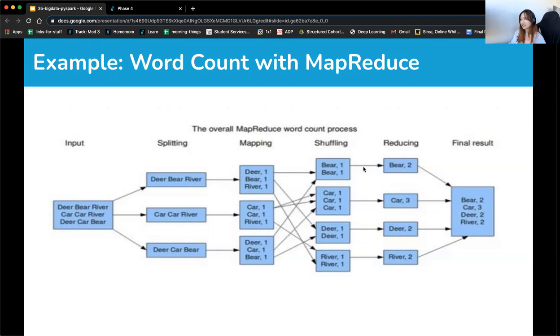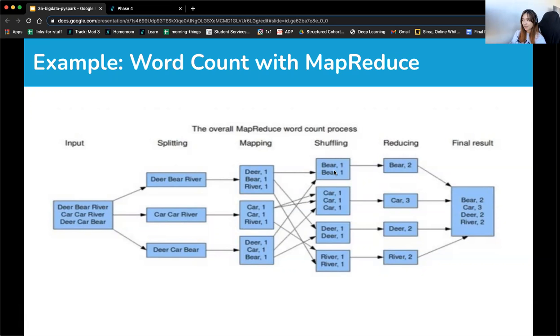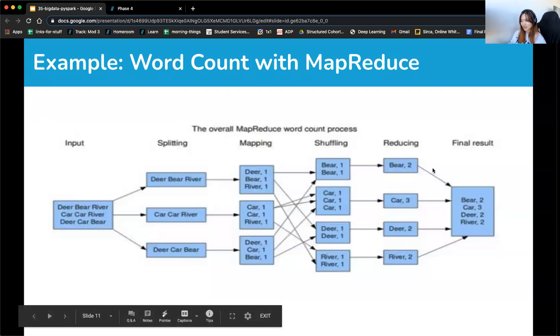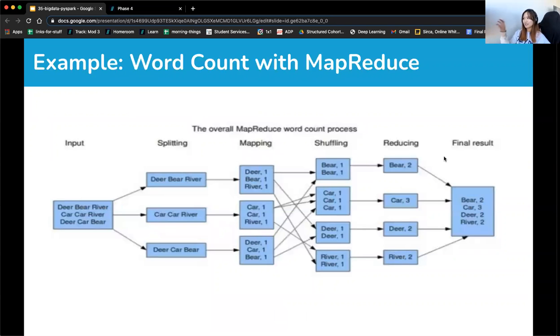For some things, there's a bit of shuffling done. And again, it really depends on what function you're trying to do. But sometimes there's a shuffling step just to make sure that, I don't know, for example, no overfitting, things like that. You reduce it. This is just an aggregation step, and then you aggregate it into a final result. So I would say this diagram is a general example, but this is word count using MapReduce. And word count is actually the example that is in your lessons as well. I think they'll have you count the words in Macbeth or something like that